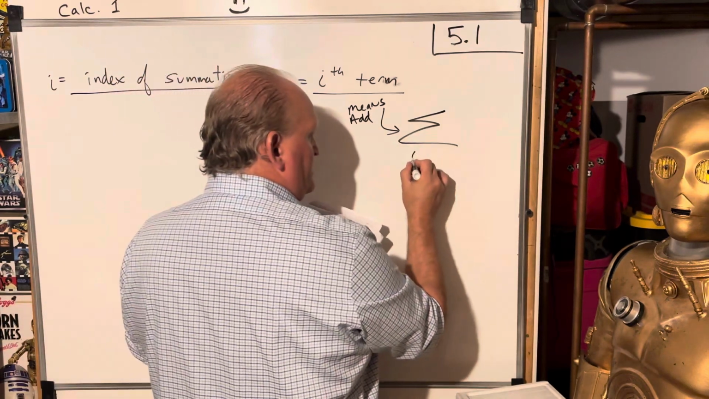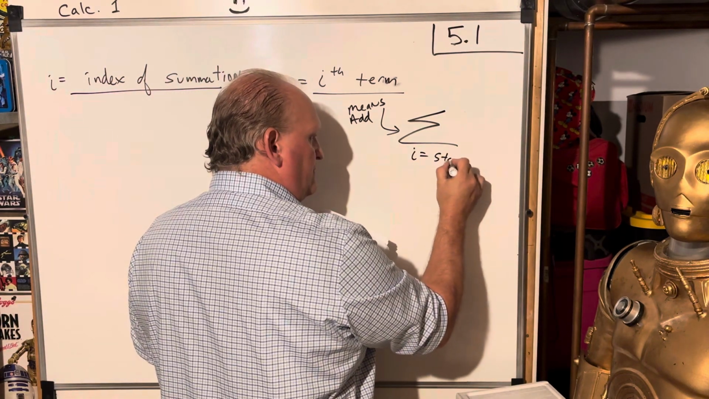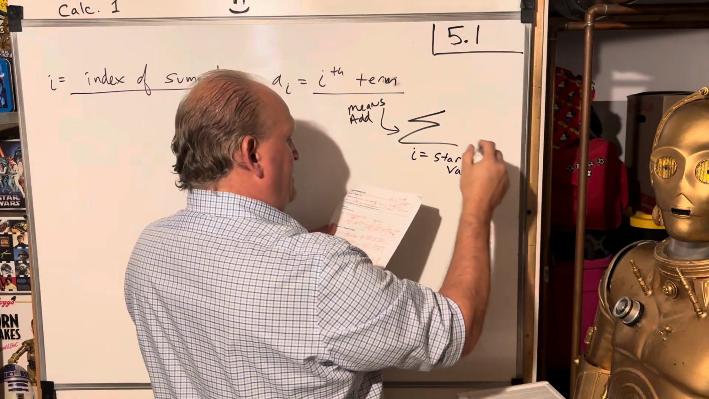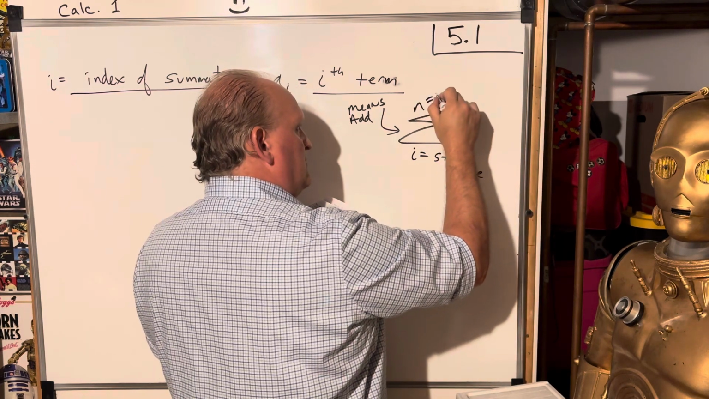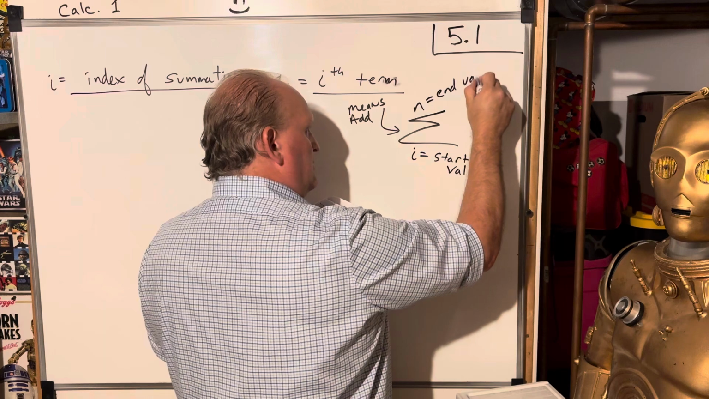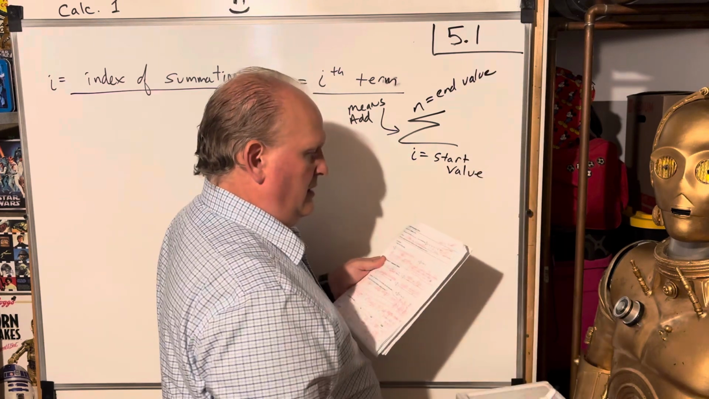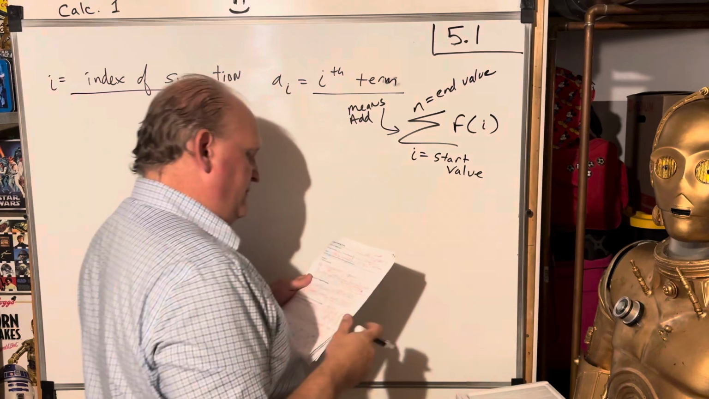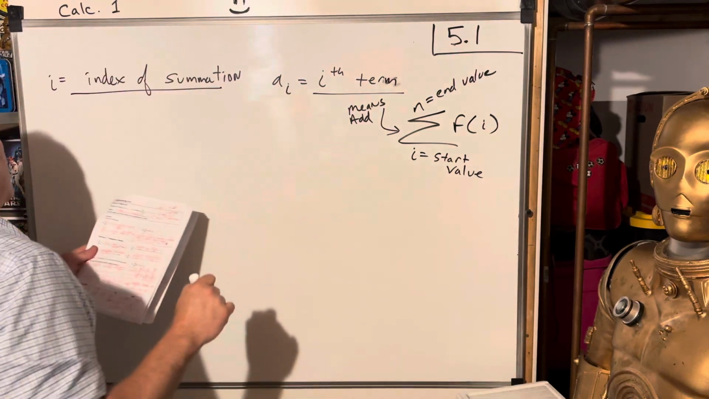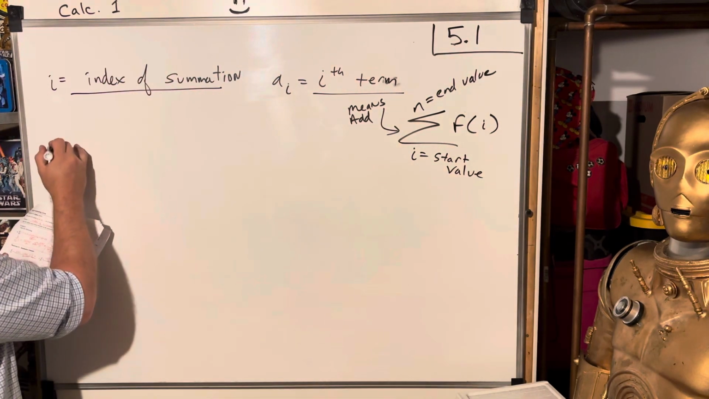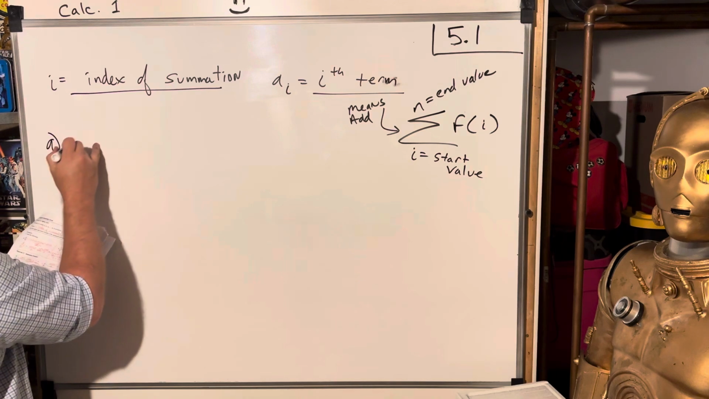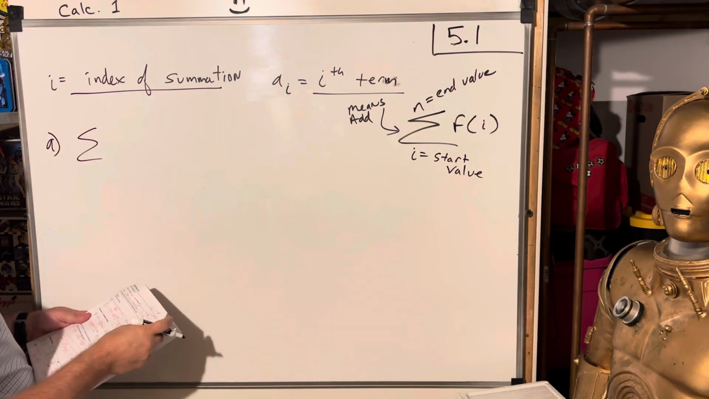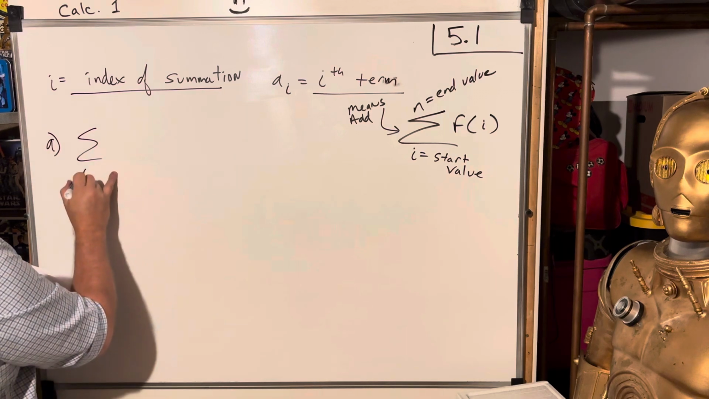i is kind of the start value, and then on the top, n is kind of the end value, and we'll say f of i. That would be a function if you want to do each one. So here, let's look at sum up the following. A little bit of busy work here. i is 1 to 8